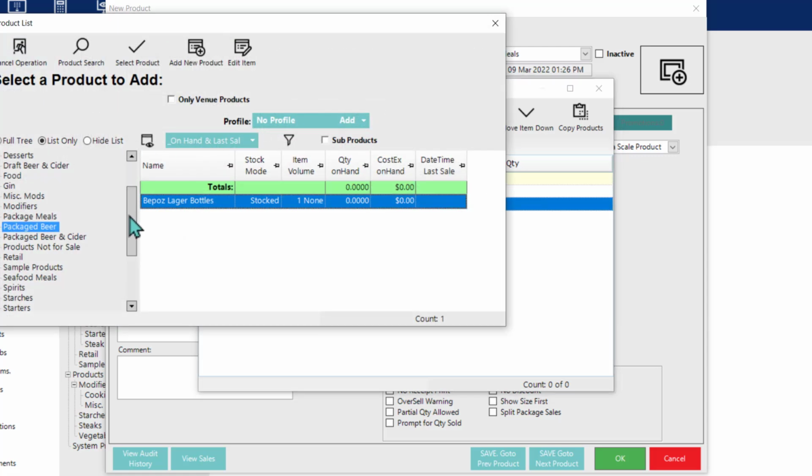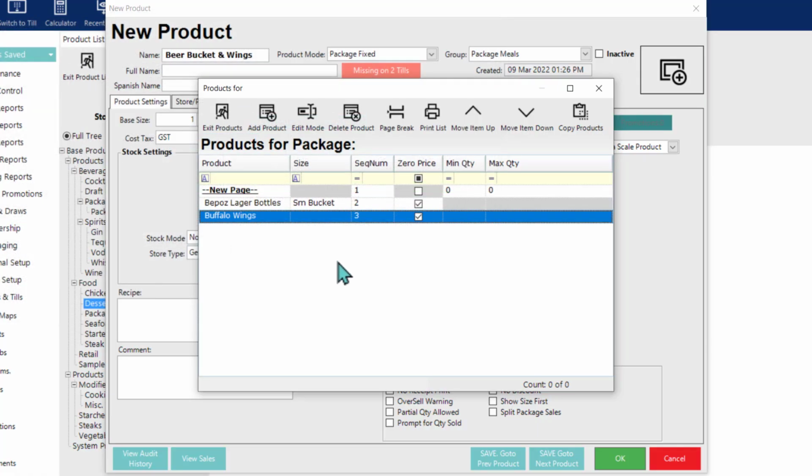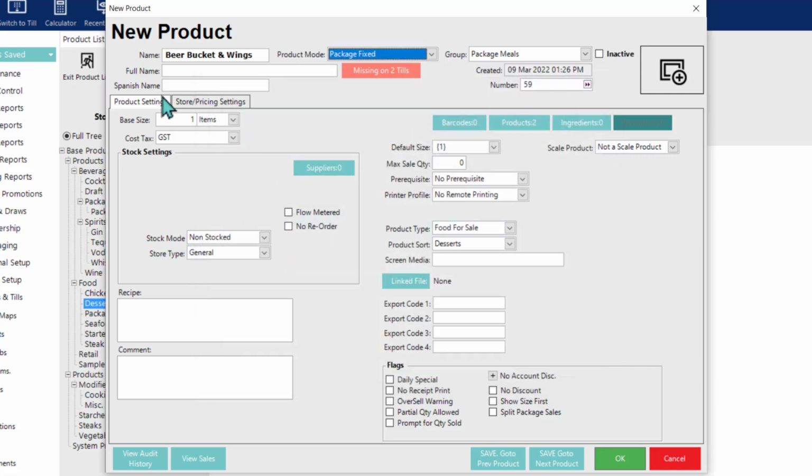So I will also then add our buffalo wings from the starters group. Cool. And by the way, we also do not need to set any min and max quantities either, since this just is what it is with no selections. We're just enforcing that these products will be in the package when it's sold because it's a package fixed product. So as far as pricing goes, we do want to make sure that the 0 price flags are enabled for the products that are added,